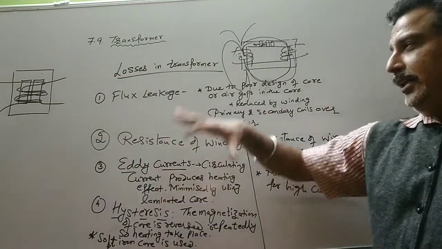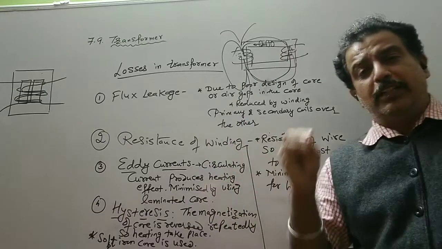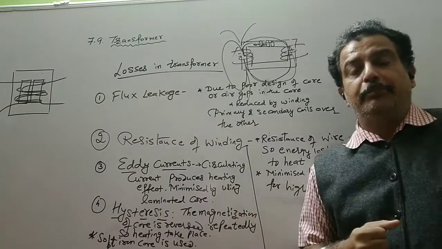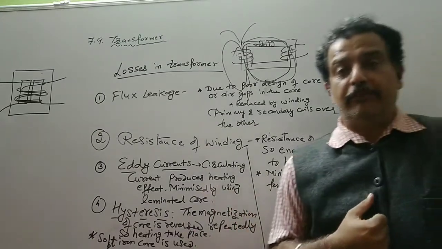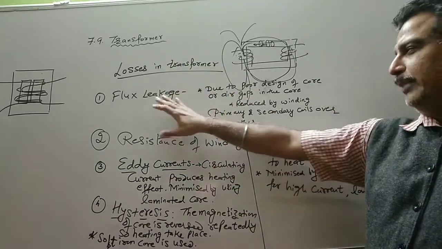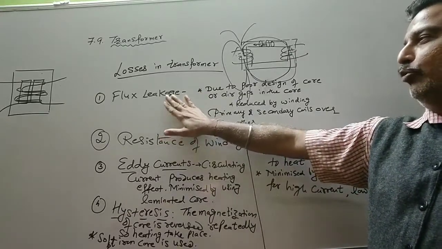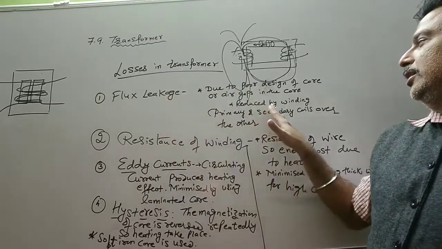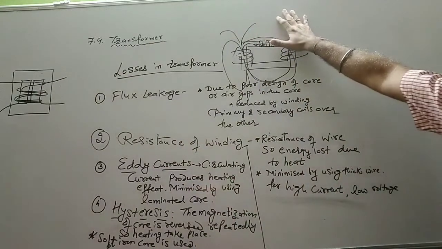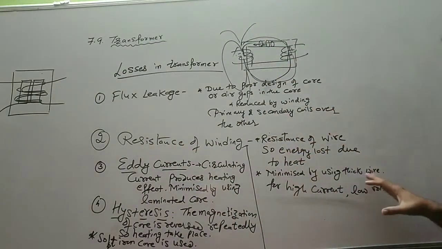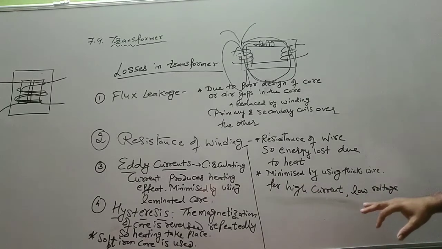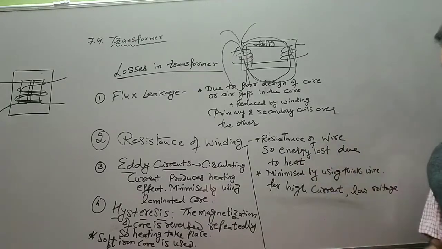However, in real practice, there is always some loss due to one or more of these reasons. It cannot be fully eliminated. It is impossible to get a 100% efficient transformer. But while designing this transformer, you have to keep in mind the first thing: if you want to minimize the flux leakage, wind the primary coil over the secondary coil. This is advisable as compared to this. Use thick wire for high current and low voltage. If you require a high current, then you use a thick wire and the energy loss will be minimized.